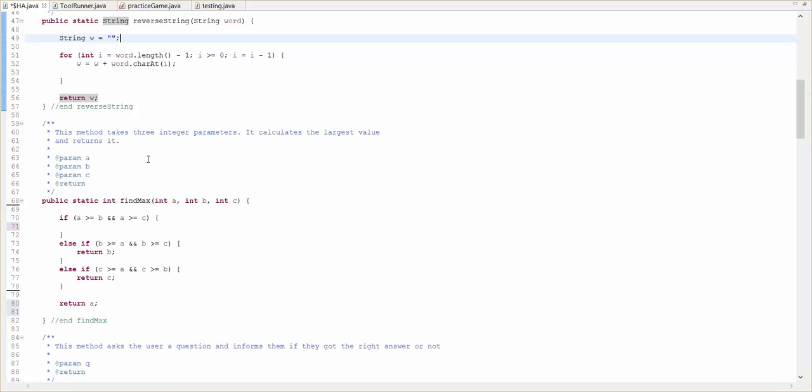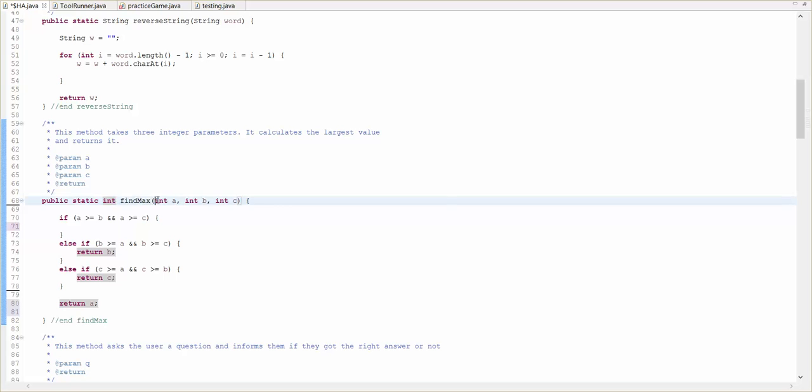This next method is find max. This method takes 3 integer parameters, it calculates the largest value, and then returns it. This is what it returns, an integer, and inside the bracket is what it takes. 3 ints. Int a, int b, and int c. So first off, if a is greater than or equal to b and a is greater than or equal to c, it will store a as the largest value or integer. And then else if that's not true, if one of those isn't true, then it's going to go down to b